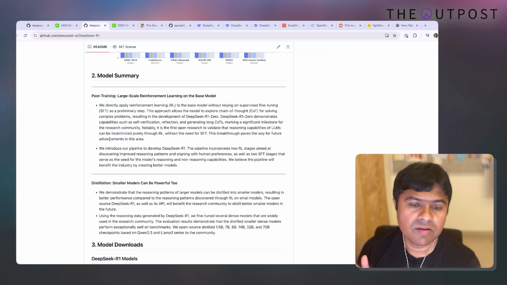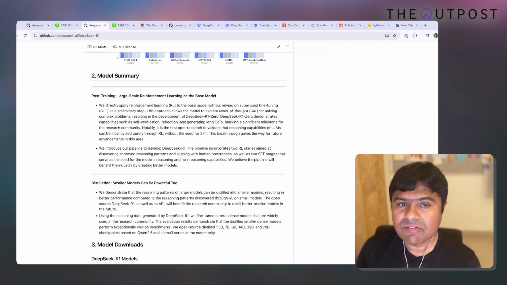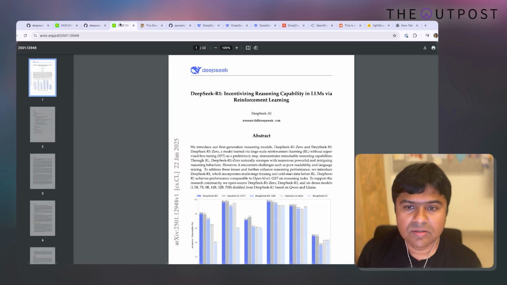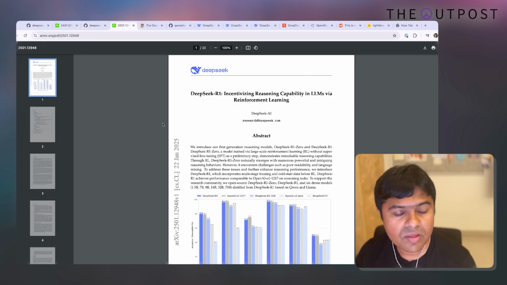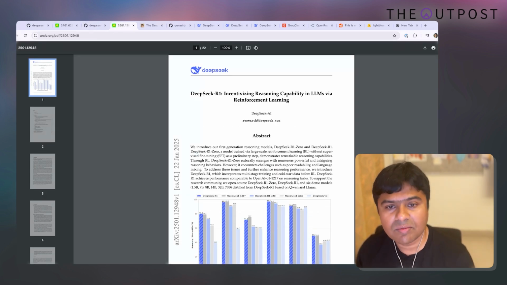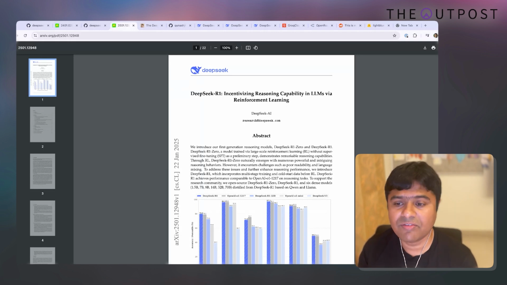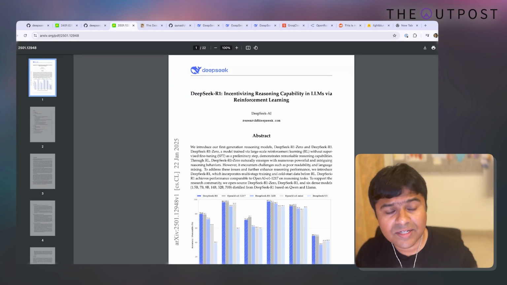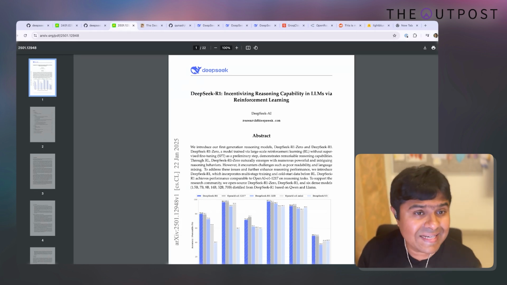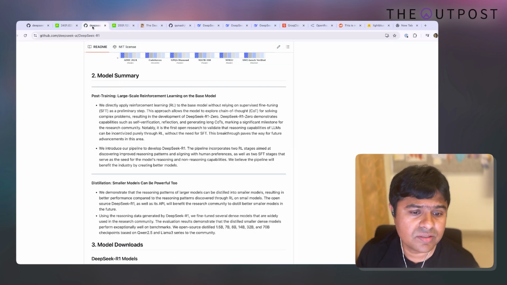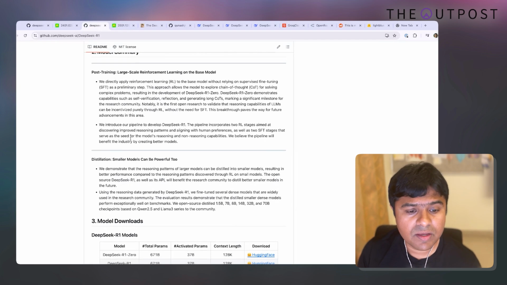It's trained using reinforcement learning, and they even have a paper for this on how they have done it, and the way they have done it is incredible. I've not completely read this paper myself, but what I've understood of the achievements of how they trained this, again with limited resources, is incredible. So this R1 is leagues more impressive than the vanilla V3 model.